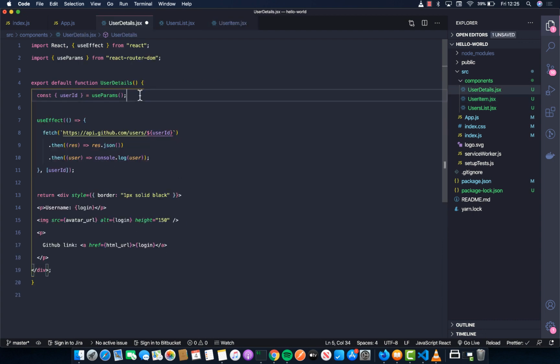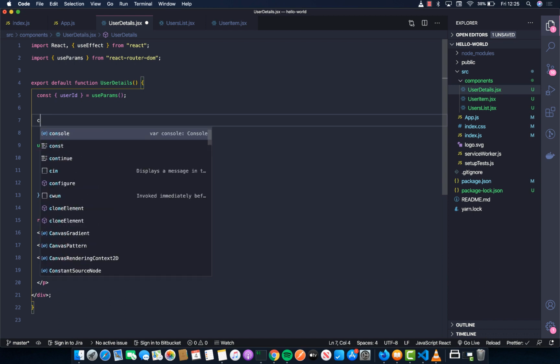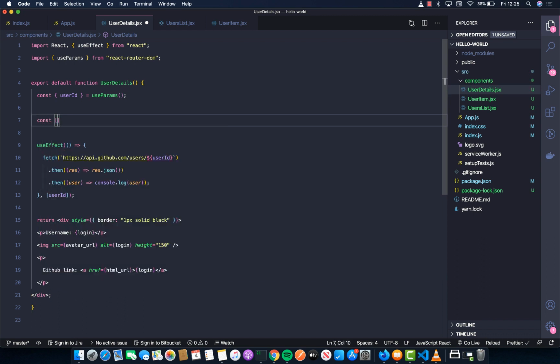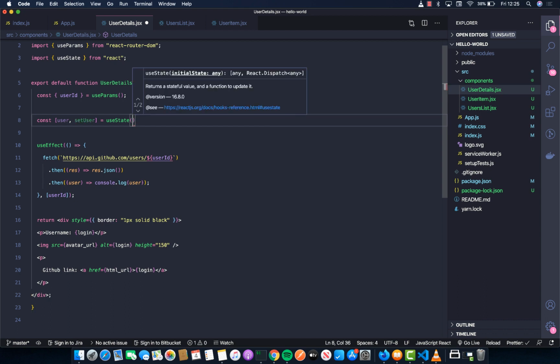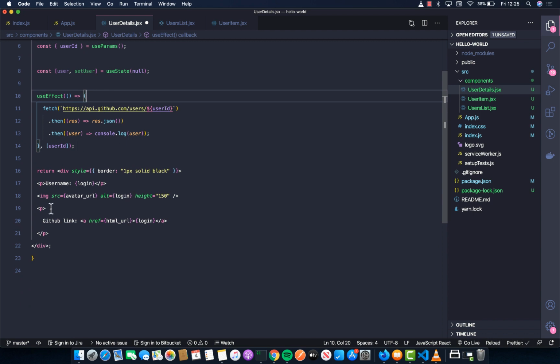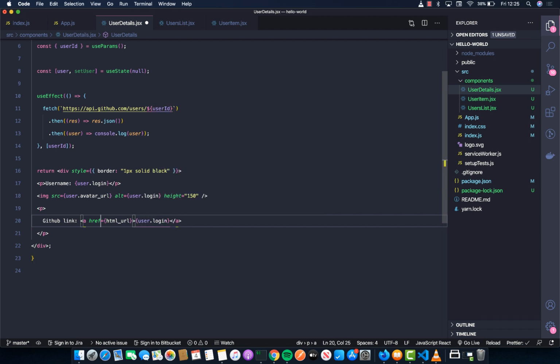So we need to first of all maintain a state variable, const user and setUser equals useState, and we'll initialize it with null, and we will render it using user.login, user.avatar_url. We'll prefix the properties that we are assuming here with user dot,